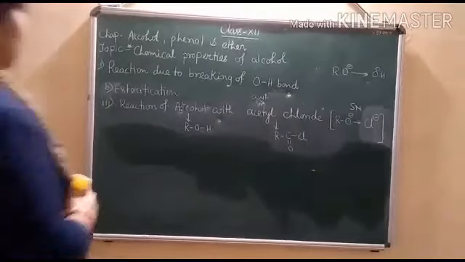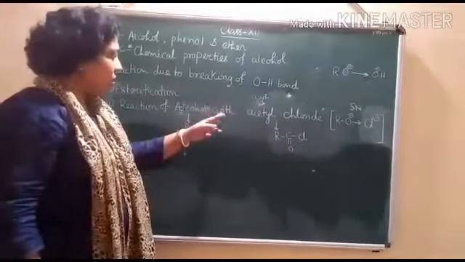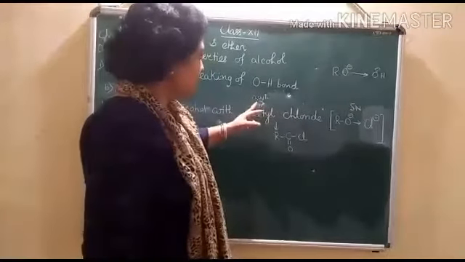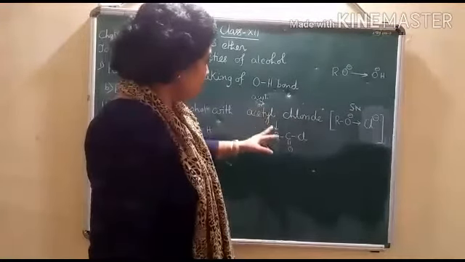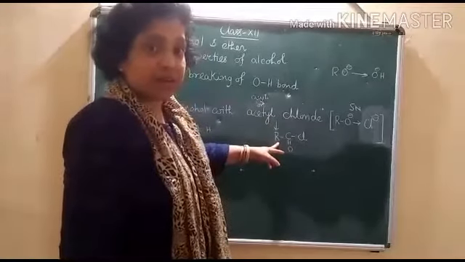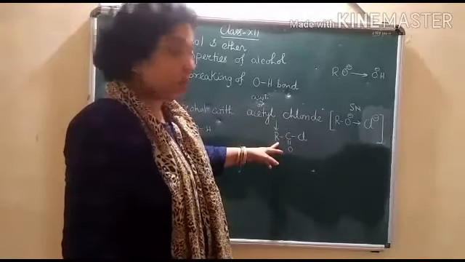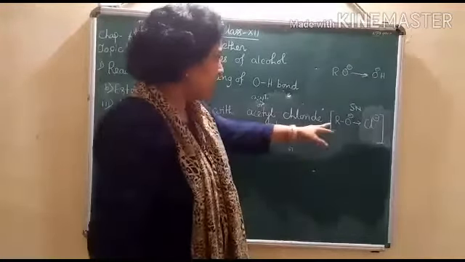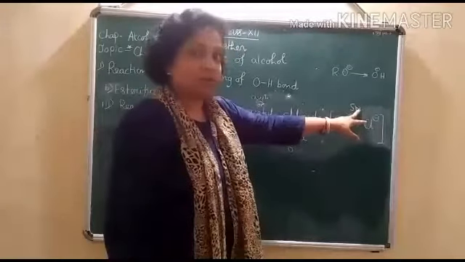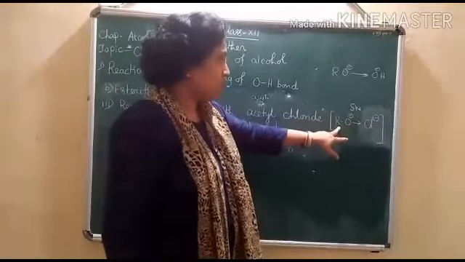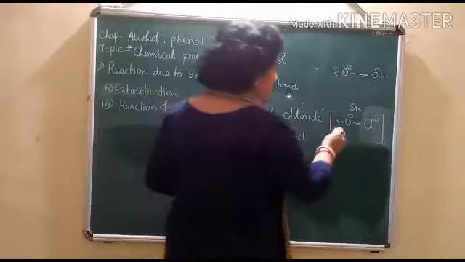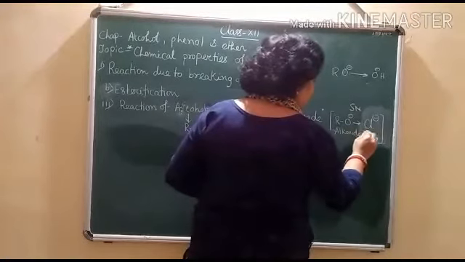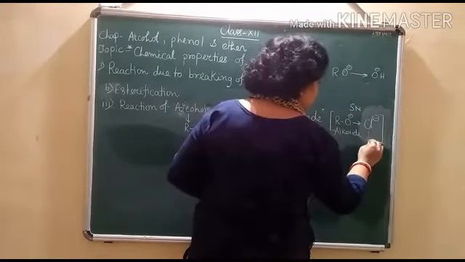This is the third reaction, the reaction of alcohol with acetyl chloride. Acetyl chloride is also called acyl chloride. So what is the formula of acetyl chloride? You have done this in Friedel-Crafts acylation, alkylation, acylation. So this is acylation, RCOCl. And here what is the exchange? Nucleophilic substitution between alkoxide ion and chloride ion.